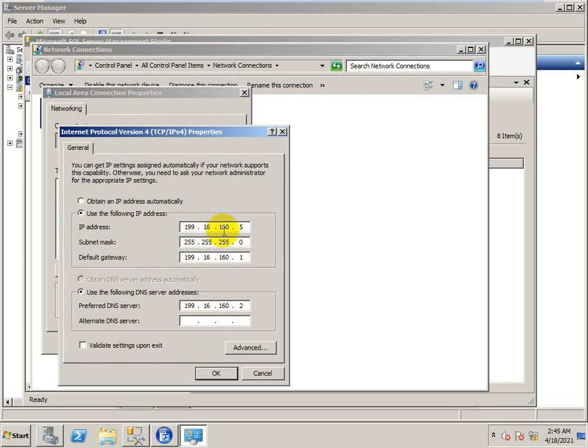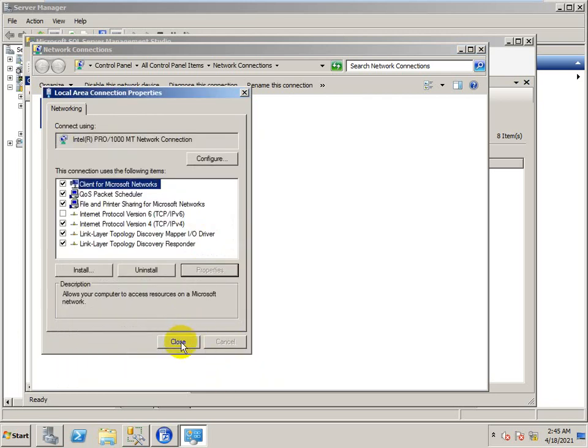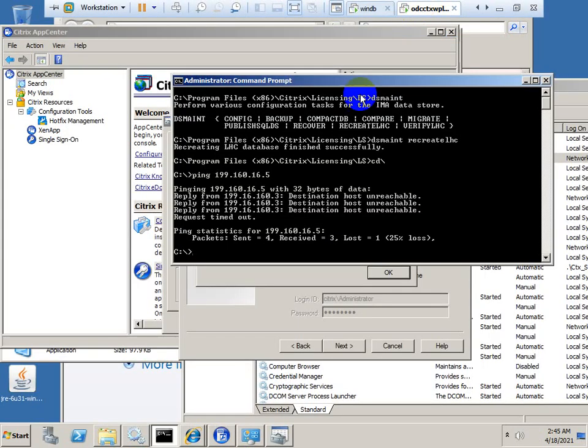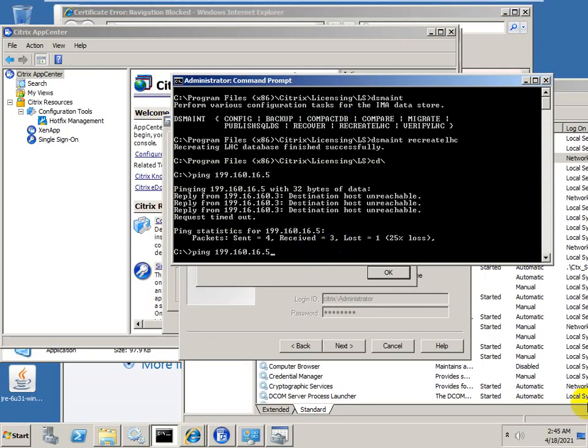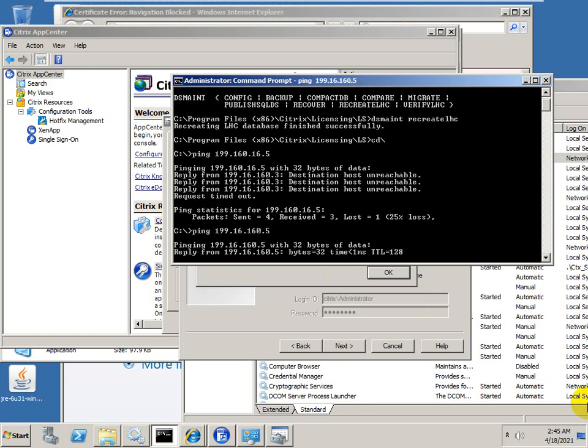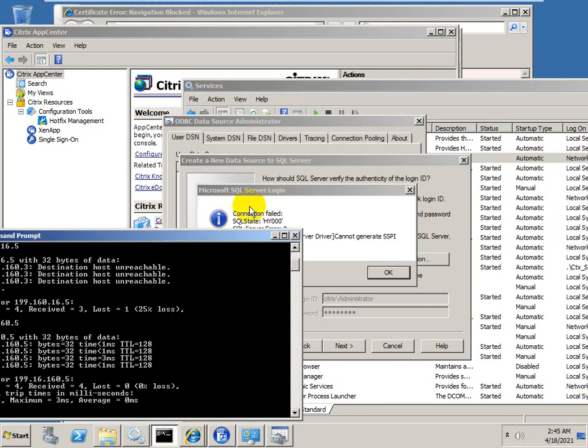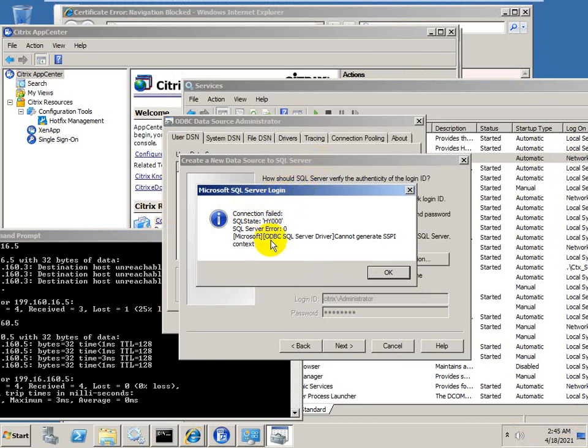Properties, it's 16.160. I'm closing this and going to this one, and I'm changing it. Okay, now it's pinging.